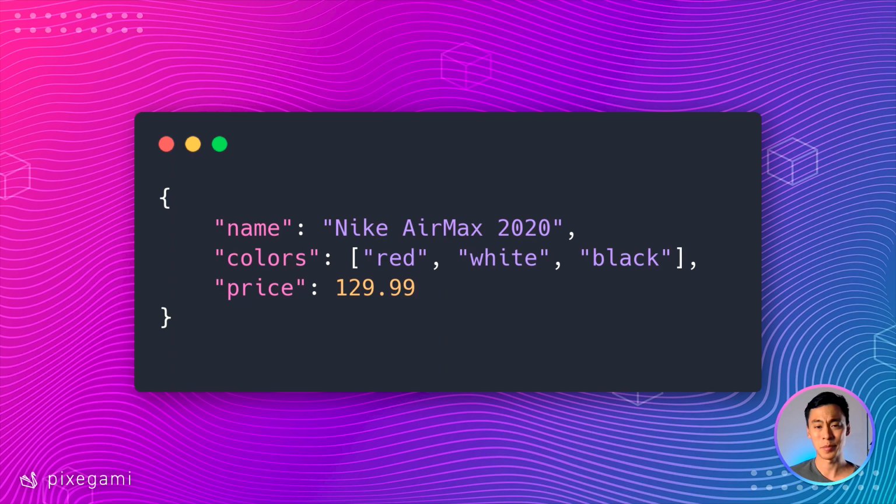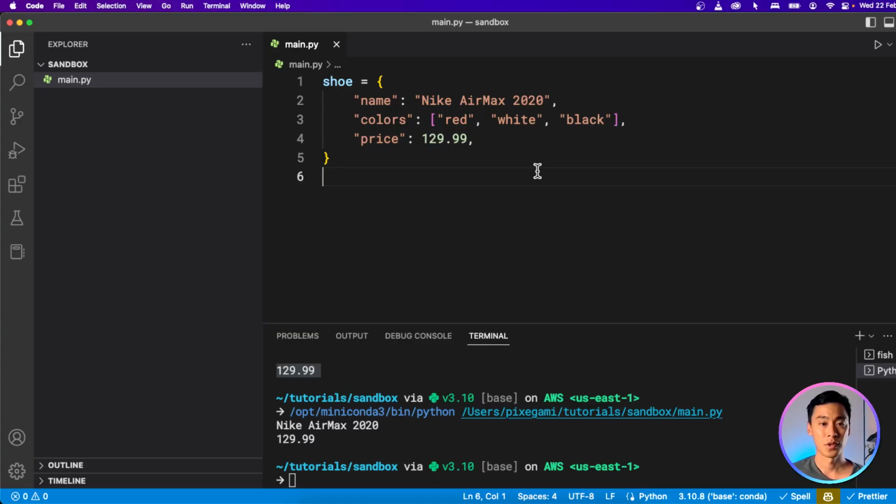As you can see, it's practically identical to the Python dictionary format, which is a really nice bonus because it makes working with this data a lot more intuitive when you're using Python. And JSON data is practically everywhere. It's pretty much how a large part of the world communicates with each other via the internet. Python actually has a really easy way for us to convert to and from JSON data. So let's go back to our editor and see how that works.